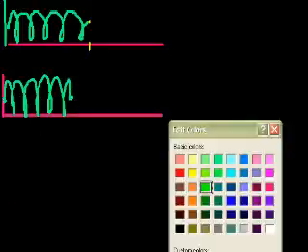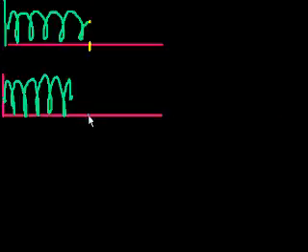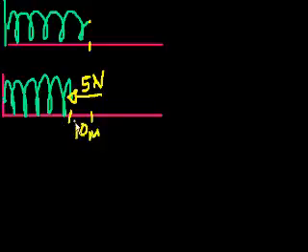So if this was the normal resting position, this is where the spring was when I applied no force. But when I apply 5 newtons in that direction, let's say that this distance right here is, I don't know, 10 meters. And so a typical question that you'll see, and we'll explain how to do it, is